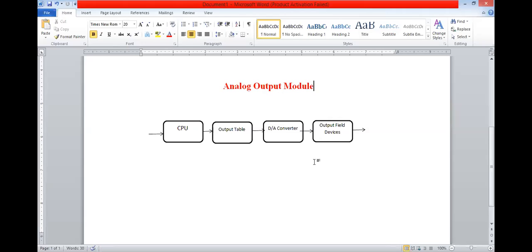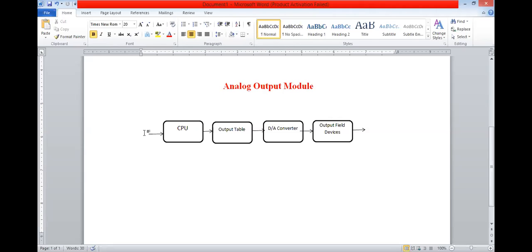So see here how it will work. Here, where I'm showing the cursor point, the bit stream will be generated, which is given to the CPU. The CPU will give that bit stream to the output table. So the output table will record that value. Means, suppose for cell number 1 some value of output, for cell number 2 a different value of output, for cell number 3 a different value of output. So the output status table will record those output values.